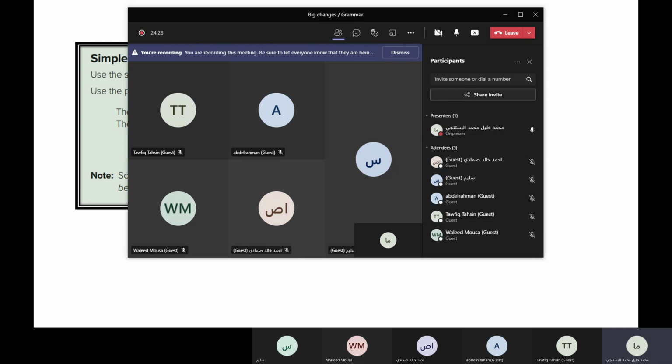Using the present perfect. Here we have different uses for the present perfect. Again, we use what here, verb to be? But here we use have, has, plus what? Verb 3. Look at the example.